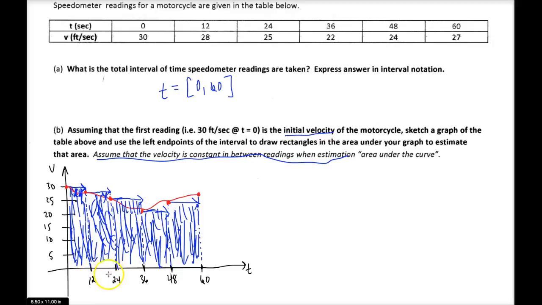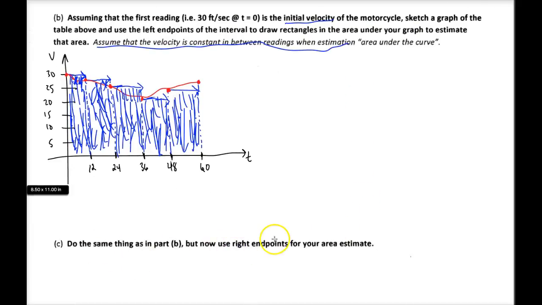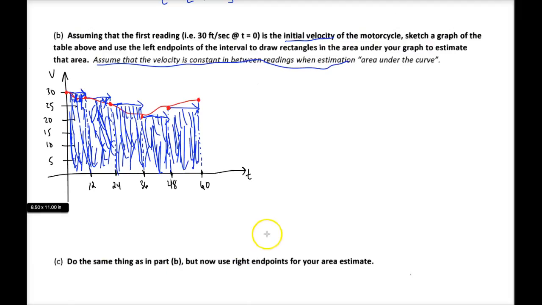And that's what area we would actually be calculating there. Okay. So this is what the graphs look like. So we sketch a graph using the left endpoints. Here, if we were to move forward and do the same thing, but now use the right endpoints, the